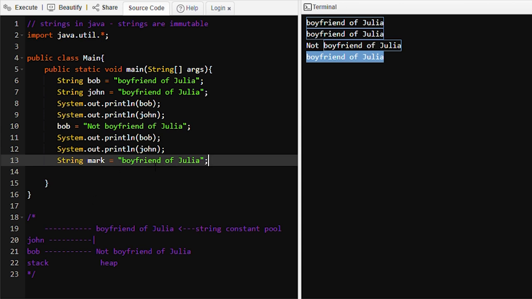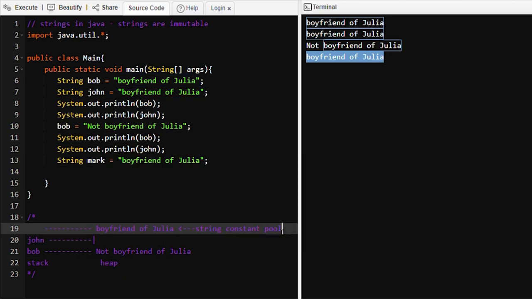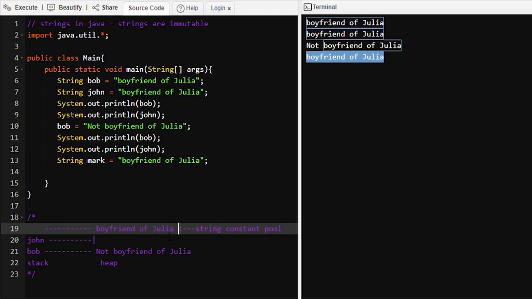At line number 13, we will search for the boyfriend of Julia string constant in the string constant pool memory. So in the heap memory, we have the string constant pool memory because we are creating this Mark object using string literals. Okay. So we will check for this value and we will find